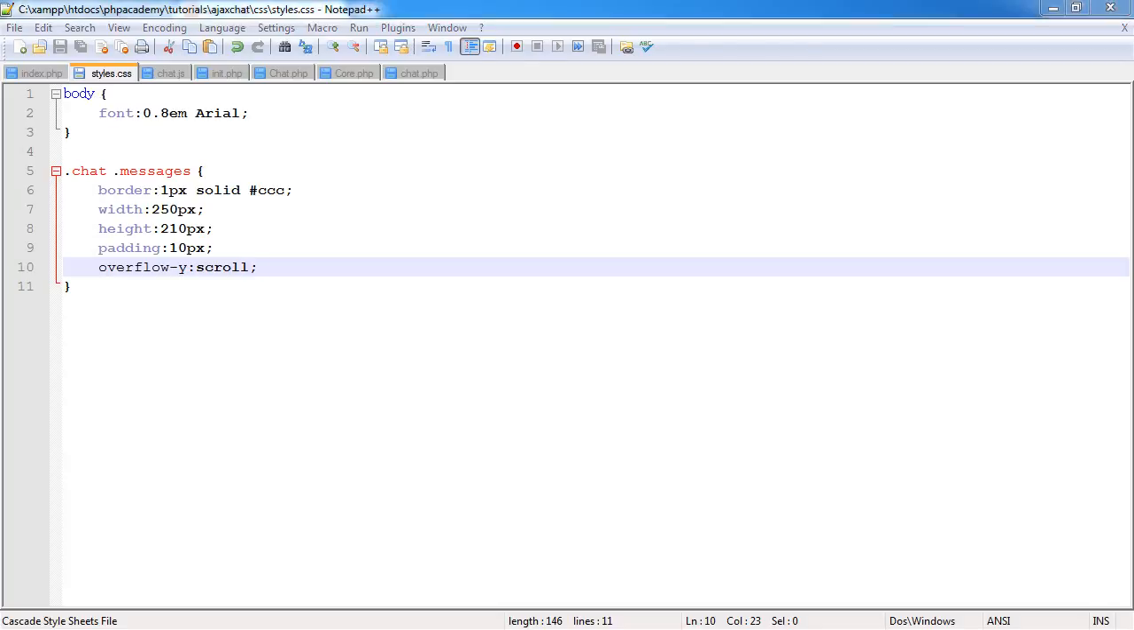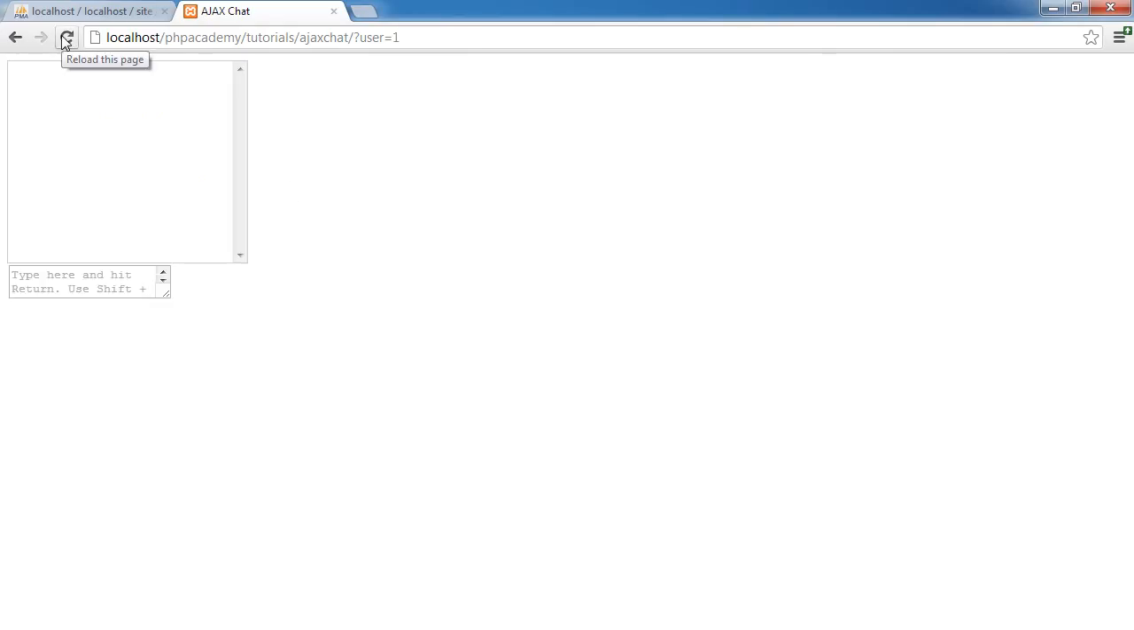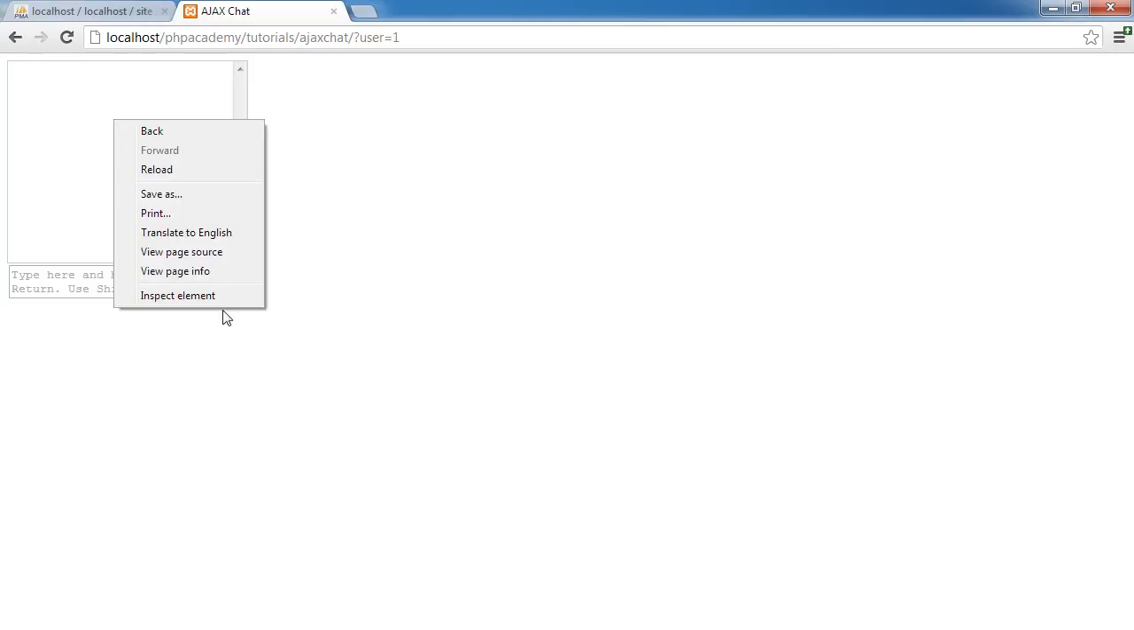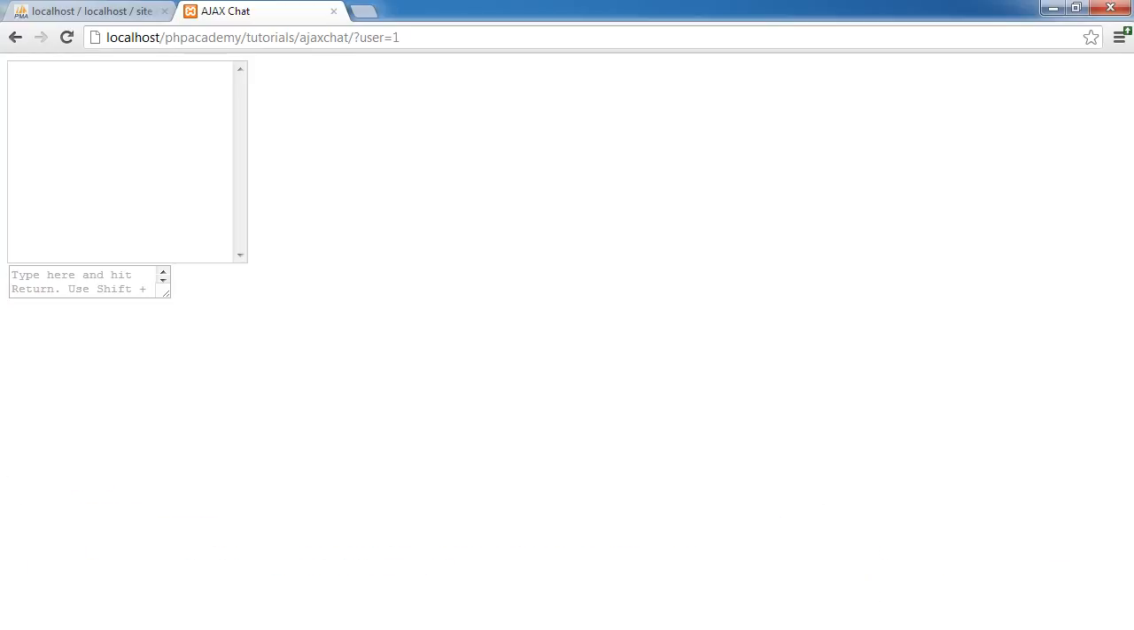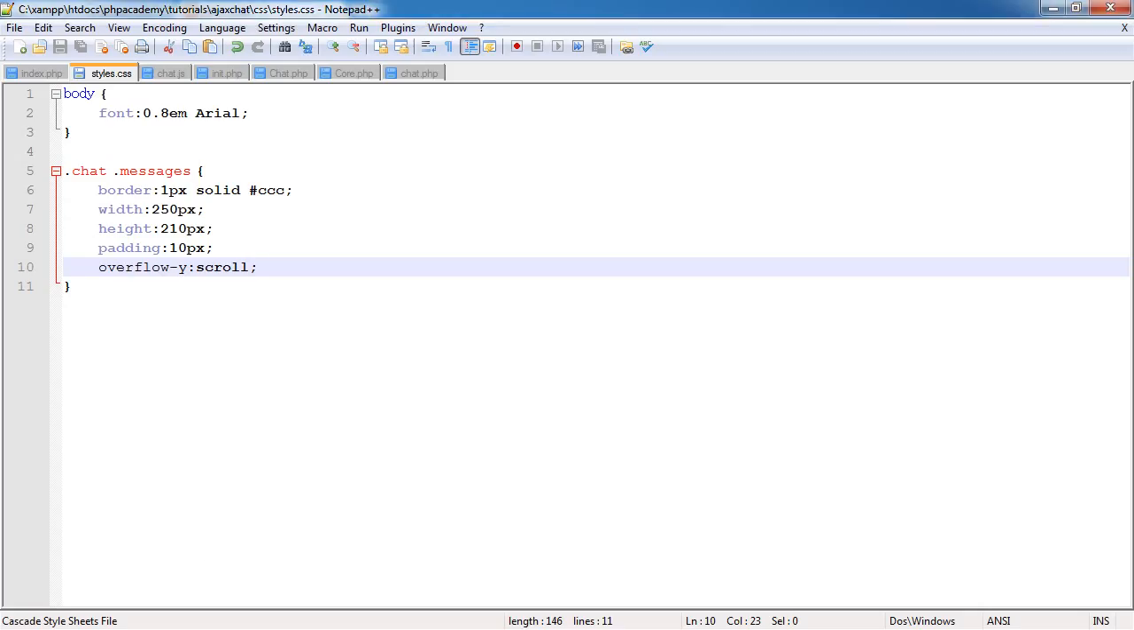Okay, so now let's go ahead and look at this. Perfect. So we've now got this box here that we can scroll down if anything comes past this, and everything's looking good. We have some padding. If we go ahead and inspect it, we can see that we've got that green area there as the padding. So let's go ahead and start now to style the